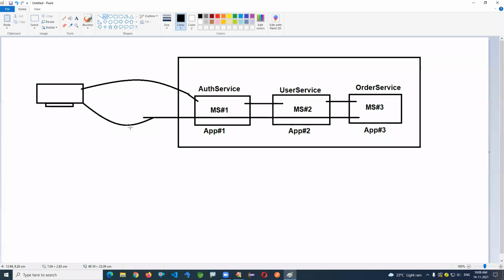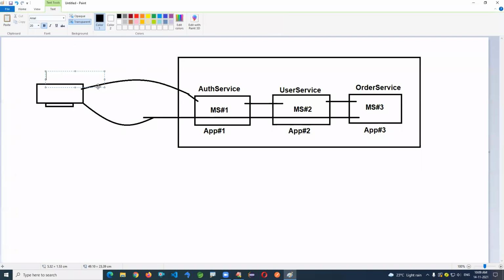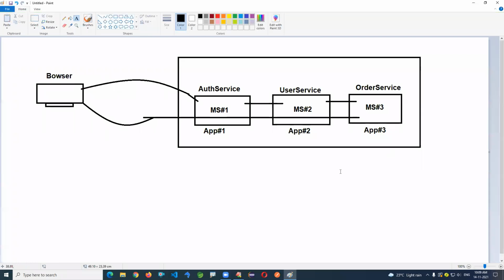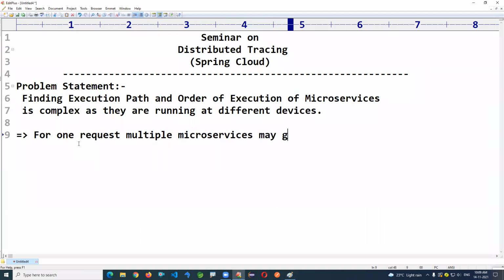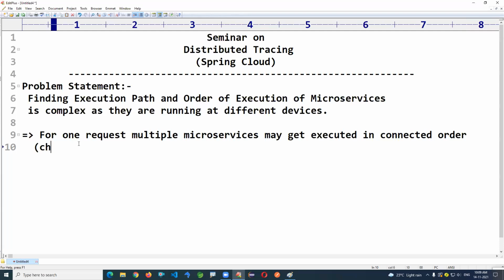The point you have to understand: whenever a request is made, there can be multiple microservices executed. For one request, multiple microservices may get executed in connected order. We can also call it a chain of microservices in execution.